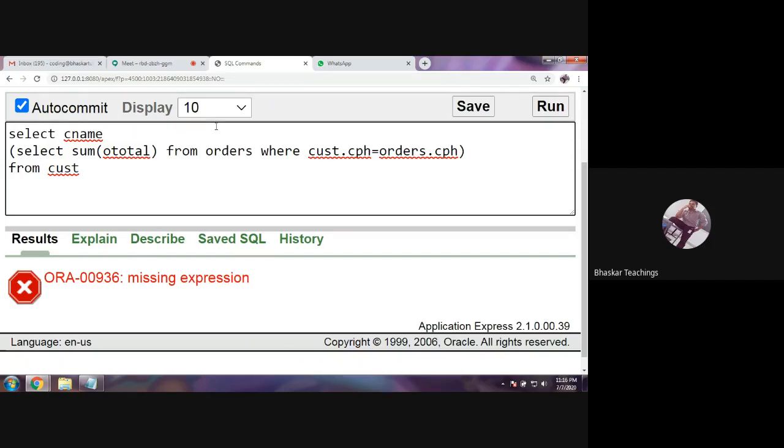Select CNAME, select sum of o total from orders, where cust.cph equals to orders.cph. Give it a name as total. I should give a comma here, right? Yes, so give the comma here. It is missing here. That's it.